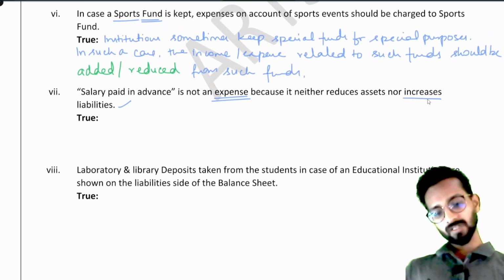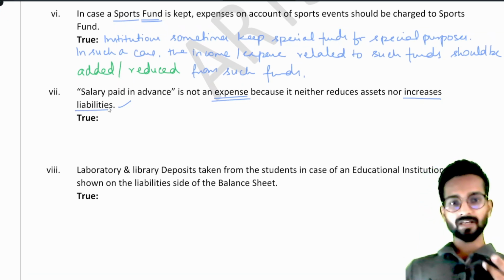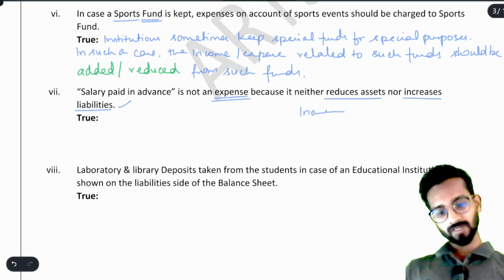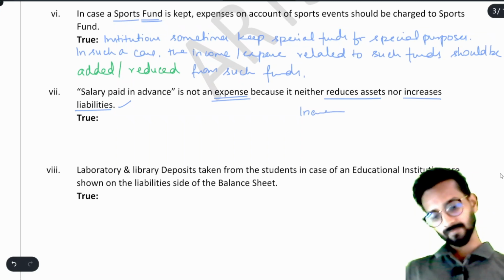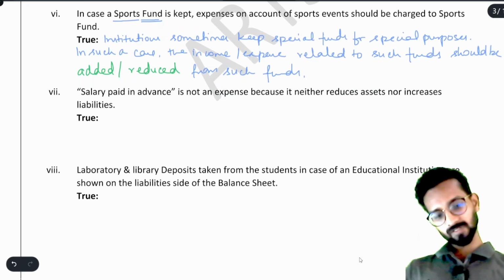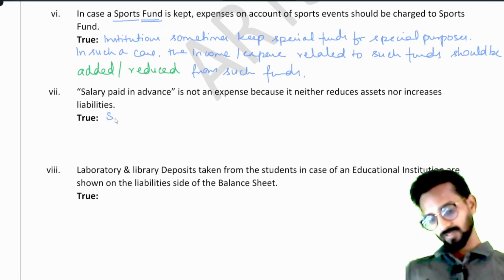And it is not increasing my liability also because I have paid the salary in advance. So, it will not reduce my asset, it will increase my asset. Understood? So, we will write here. That's why it is not an expense, and the statement is absolutely true because salary paid in advance